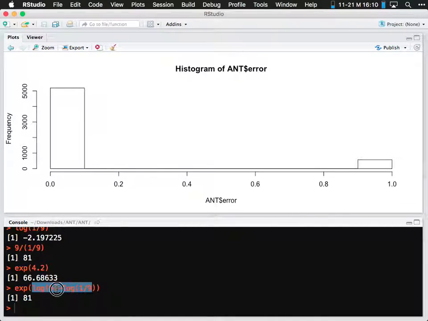Remember, that's where I got this 2.1 bit: log 9 minus log 1/9. The rounding caused me to get a number that wasn't super close to the odds ratio, but when I put in the raw numbers, 2.197225, and it's symmetric, so times 2, it comes out to basically 81. So we get out the same number